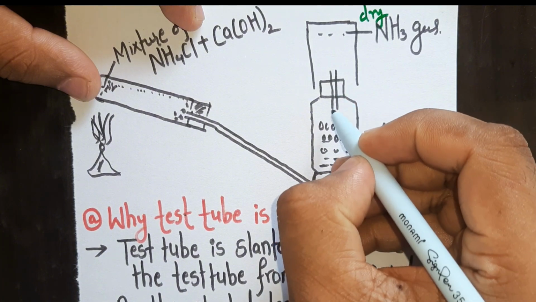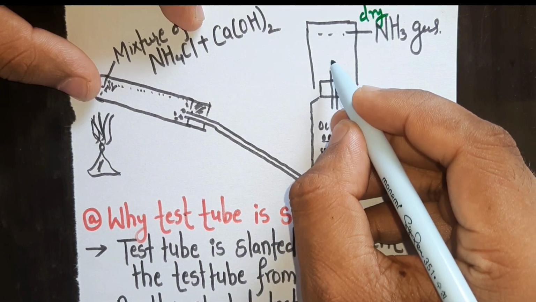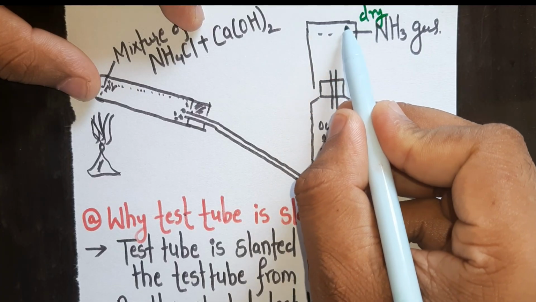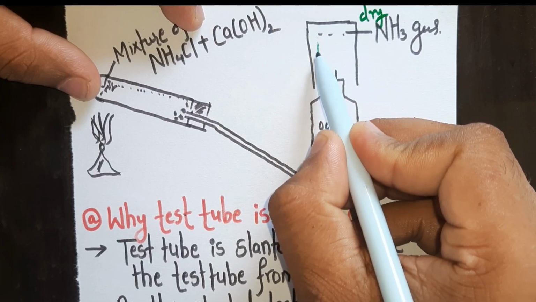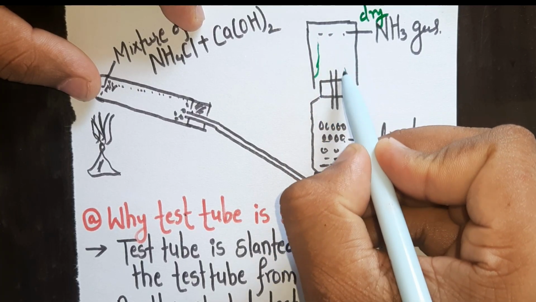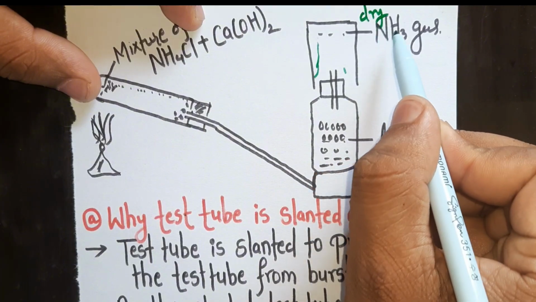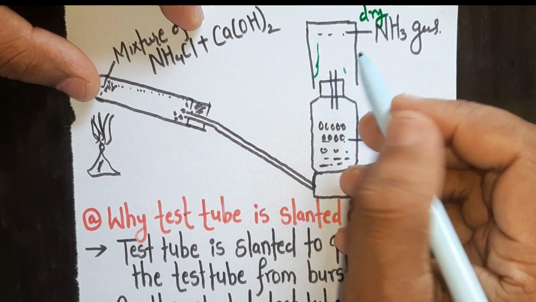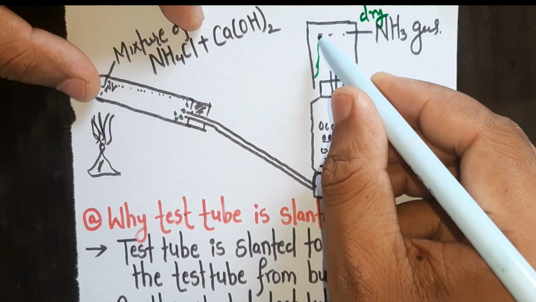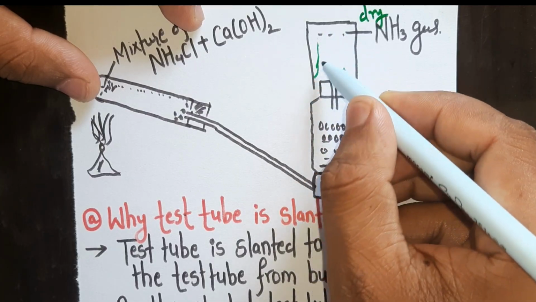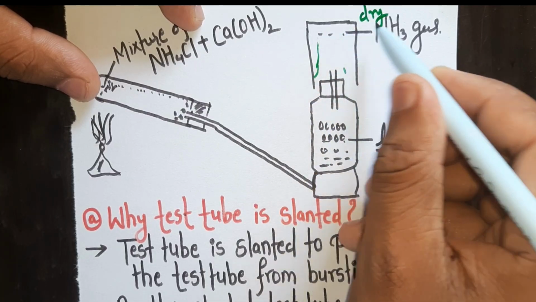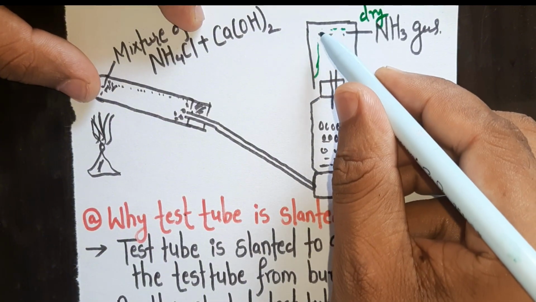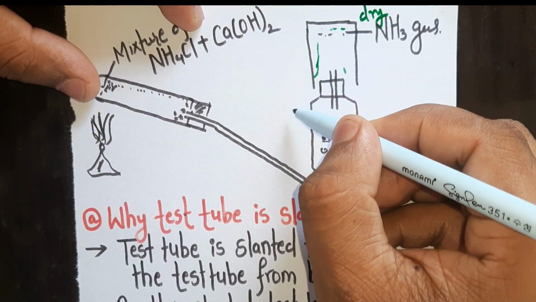See here, when the dry ammonia gas is obtained and travels in the upward direction, the air already occupying the top position will start to move down. That will start to be displaced toward the downward direction. So ammonia gas is collected by downward displacement of air. यसले माथि भरिएको एयरलाई मुनितिर धकेल्छ र आफू जबरजस्ती माथितिर जान्छ. किन? यो ग्यास हलुका हुन्छ र आफ्नो ठाउँ यसले माथितिर ओगट्छ र यहाँ भएको माथिको एयरलाई यहाँबाट जबरजस्ती मुनितिर धकेलेर पठाउँछ.